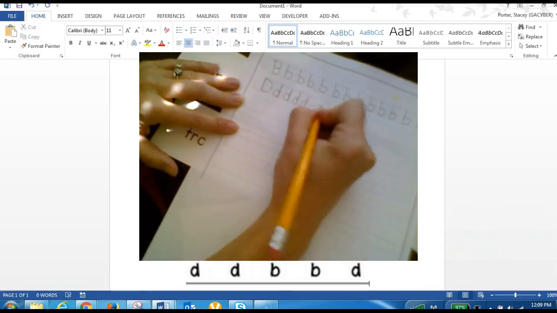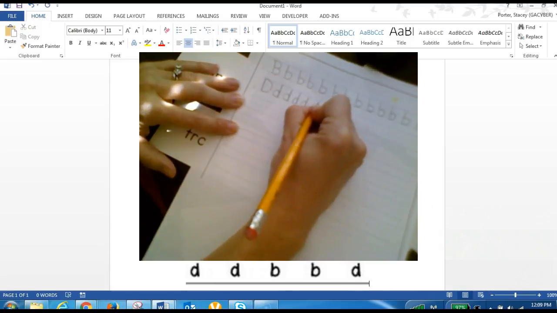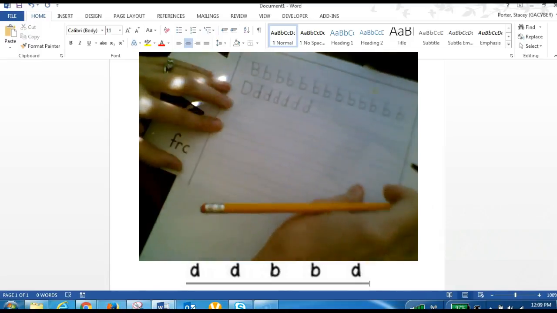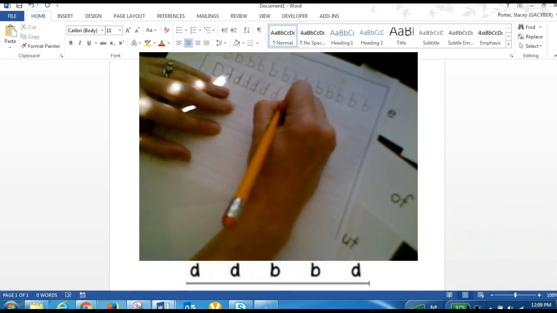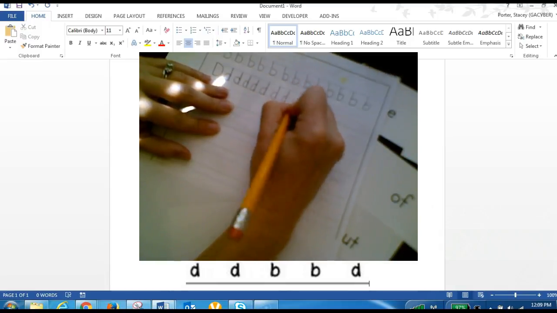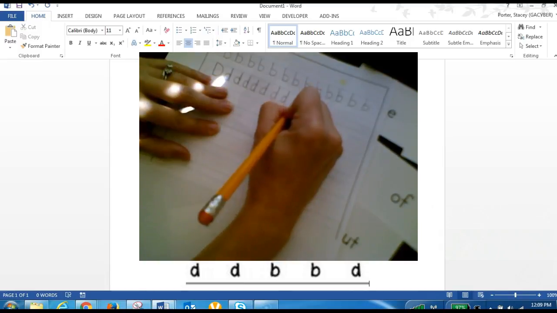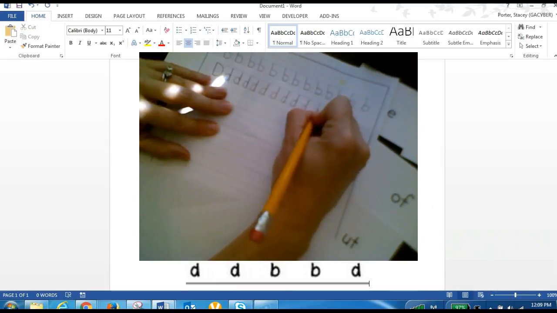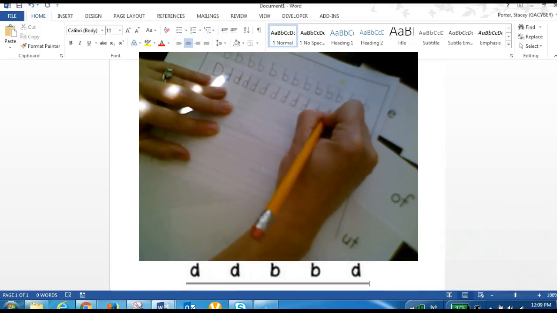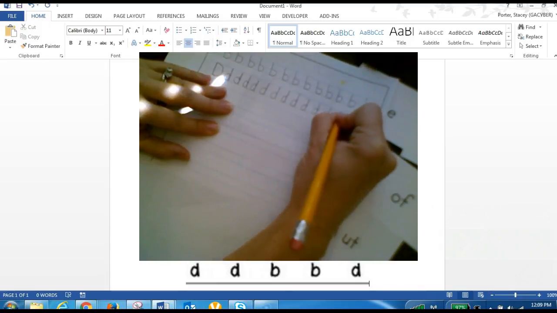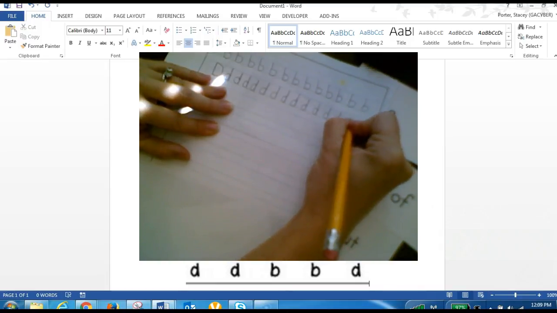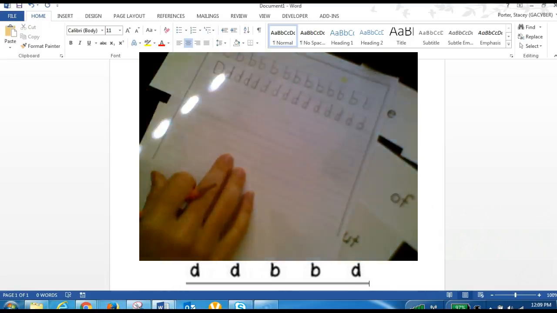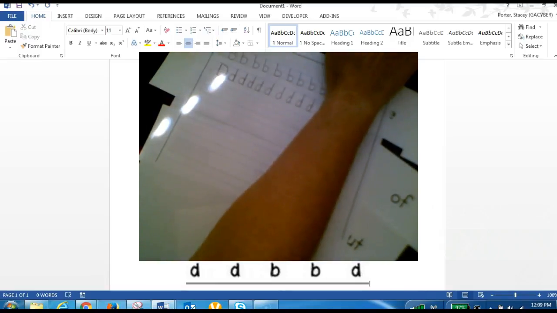D, D, D. All right, now going back to our activity on the screen,